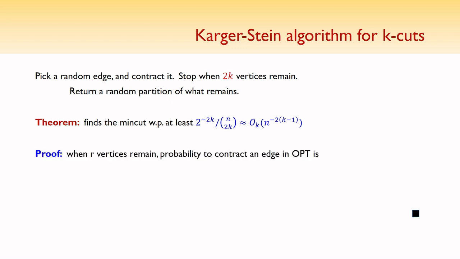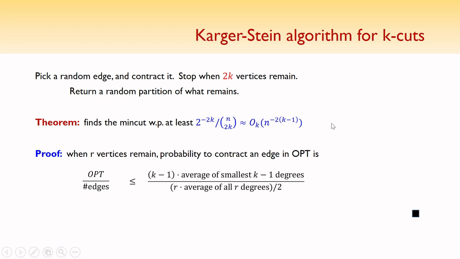So for the proof, imagine fixing an opt k-cut in your head, and throughout the algorithm, we'll be analyzing the probability of the algorithm picking a random edge inside the opt k-cut. If it contracts such an edge, then the algorithm automatically fails, because we've contracted an edge in the opt k-cut, and we cannot obtain opt at the very end. So when there are r vertices remaining, for some r from n down to 2k, the probability of contracting an edge in opt is just opt over whatever the number of edges remaining,